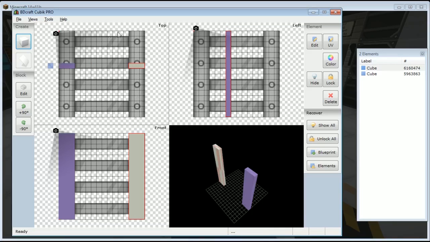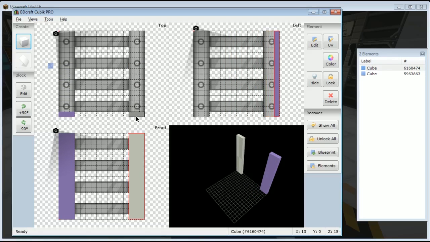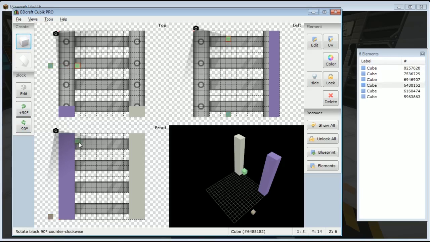And from the top down, I don't want the ladder to actually be out in the middle of the block. So I'm going to drag the rails all the way against the back edge. I don't actually want the rails to be thin either. So I'm going to move them up and expand them like that, so that we have some decently large rails. And we'll add some more cubes, 4 more cubes for the rungs. So I'm just going to put them here